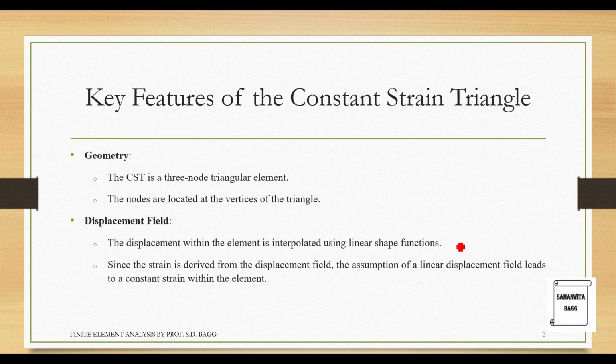you would know that u is equal to C0 plus C1x plus C2y is the basic equation that we assume, and then we figure out the values of C0, C1 and C2, and then we find the equation for displacement. So this is the basic equation of displacement for a CST element. We assume this and then we apply boundary conditions and figure out the values of C0, C1 and C2.